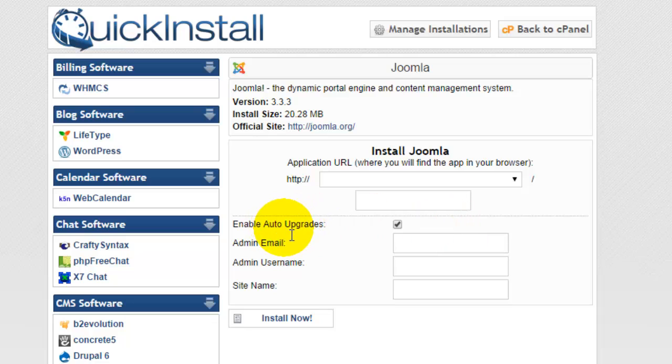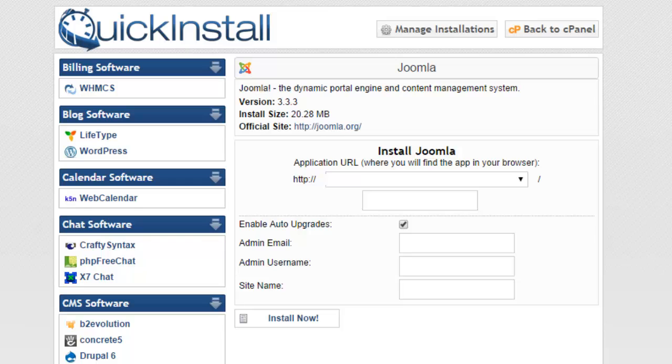Now what this means is if Joomla comes out with version 3.3.4 or they eventually get to version 4.0, that every time that Joomla has a new version come out, your website would be automatically upgraded. Now first, that can sound really awesome, that can sound really exciting, but I would encourage you to uncheck that box. And the reason being is because, yes, they put out new security updates and things like that, but especially